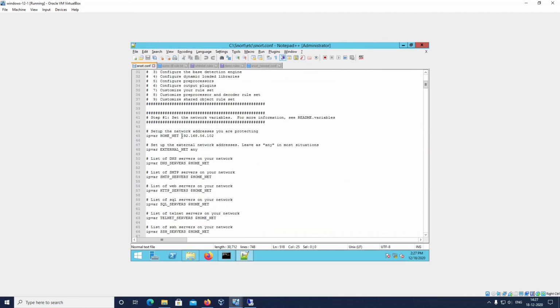Only a single IP we have assigned, so it is getting only the packets of 102, detecting only 102 system intrusion. Same thing if you want the whole network, you can give 0/24 and run the command, and you can take the logs and traffic, whatever traffic is generated through Snort.